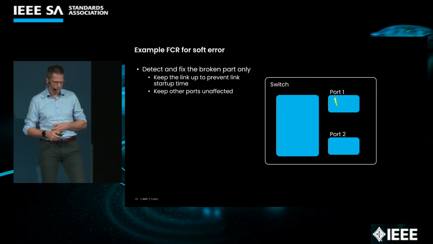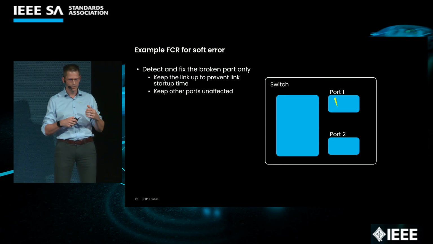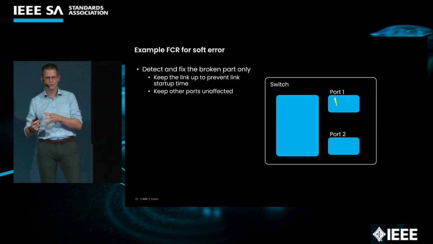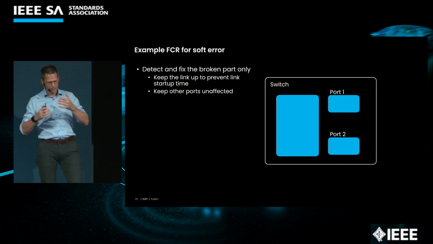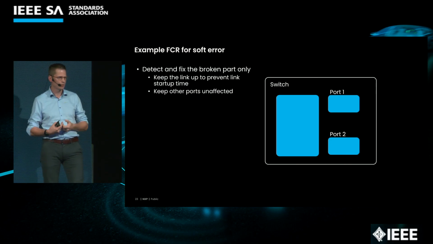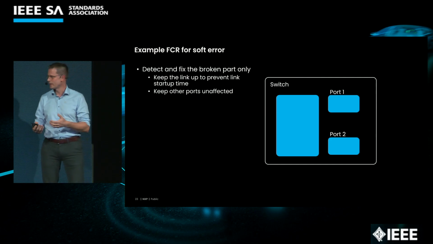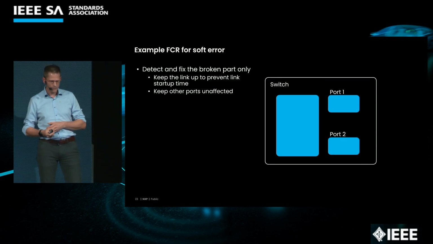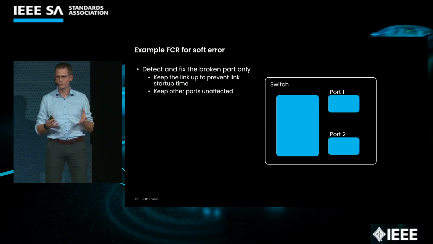And for the soft error, you might want to detect the fault where it is, and then really only fix it on the portion where it is. So really just around the fault to have a small area which you can reset, which you can reconfigure without affecting the whole switch or the whole port. And typically, especially if it is in the port, you want to prevent the loss of the link, because then you would have the link startup time and the things around, like re-establishing the MKA. But for sure, you want to have the other ports unaffected